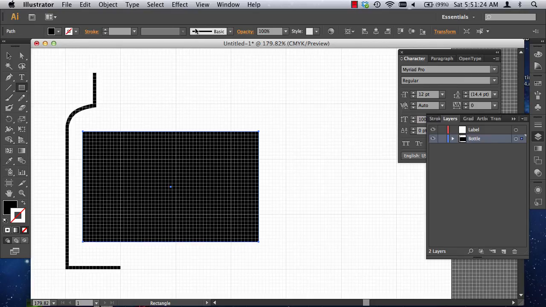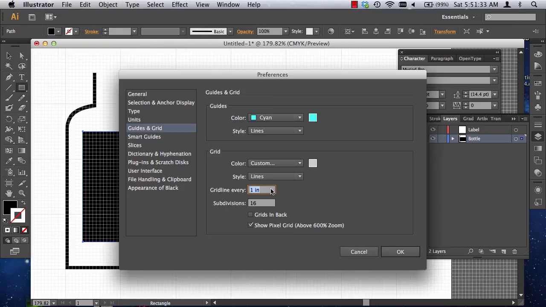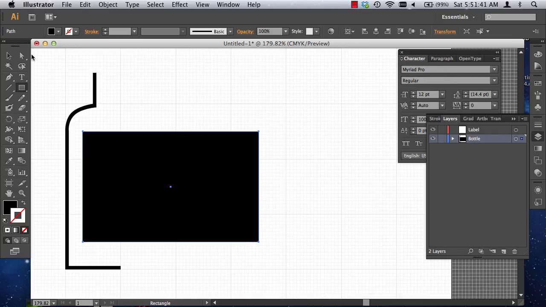So let me turn the grids so that they're behind. Right now I have my preferences for my grids to be in front of other things. So I went to Illustrator Preferences, and I want to put the grids in the back. There we go. I'm going to make this label,